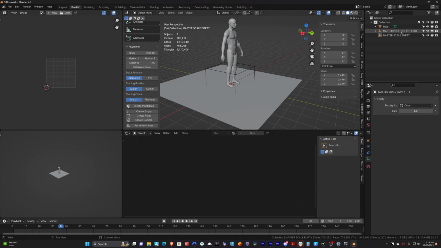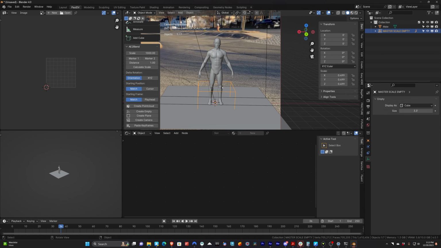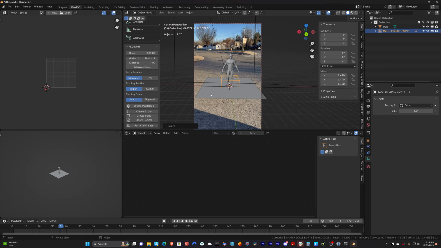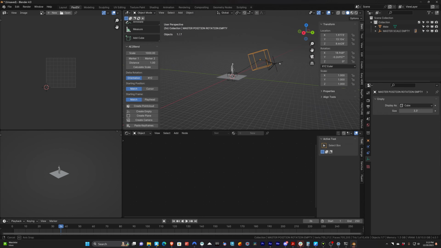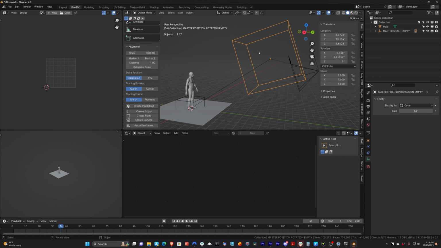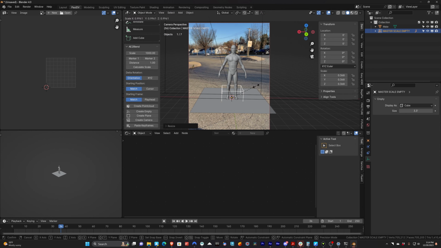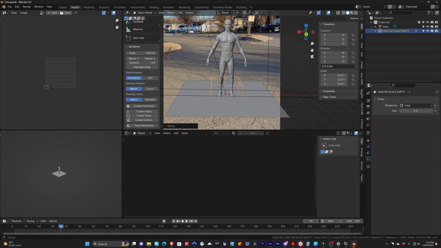So we'll select the position and rotation empty, and then shift click the master scale empty, and then hit Control P and parent that. And now we can select the master scale empty, go into our camera view, and we can scale this. And this is going to scale it around the world origin instead of scaling it around this point here, which is sort of just some arbitrary floating point here. So this is going to make our lives a lot easier. So we can just scale this,